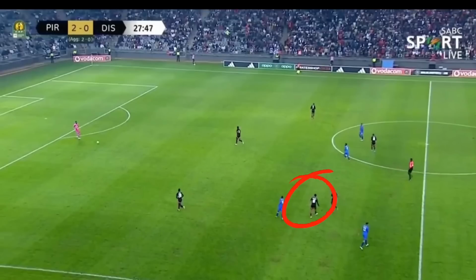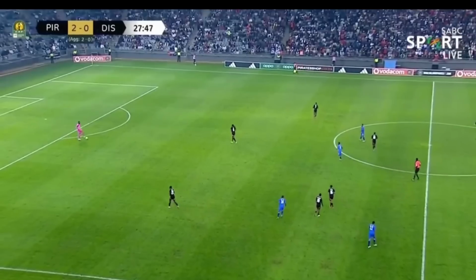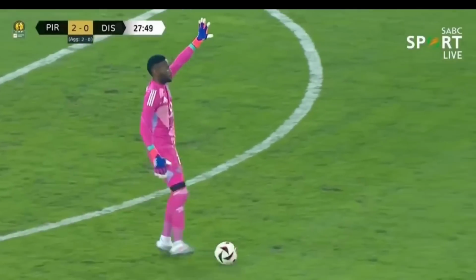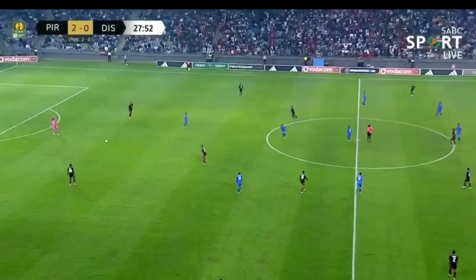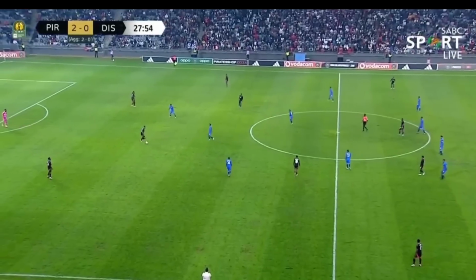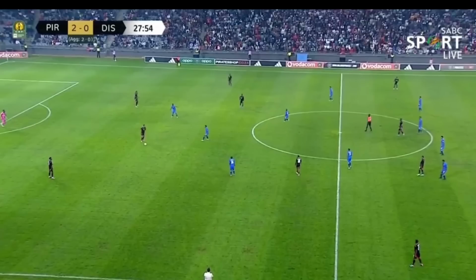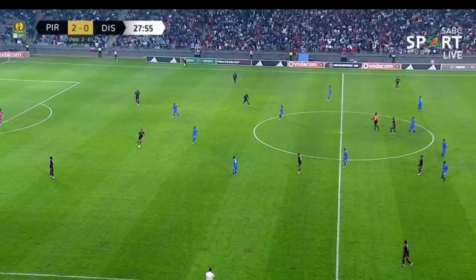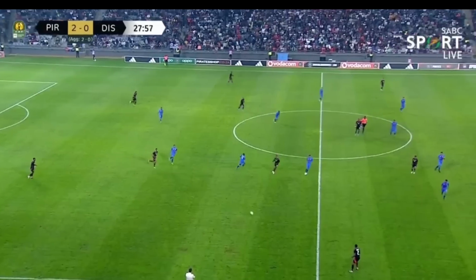Look at how deep Tito is. Do you see him? Yeah, that's him right there. And now they are resetting because it didn't work. They are playing the ball again. In midfield, you have Mabasa dropping to try and make that box midfield again. But now it looks a bit different because Hoto is dropping and is not giving width on that side, which means Mfukeng is the one who's wide and not actually adding into midfield. But let's not be too technical here.